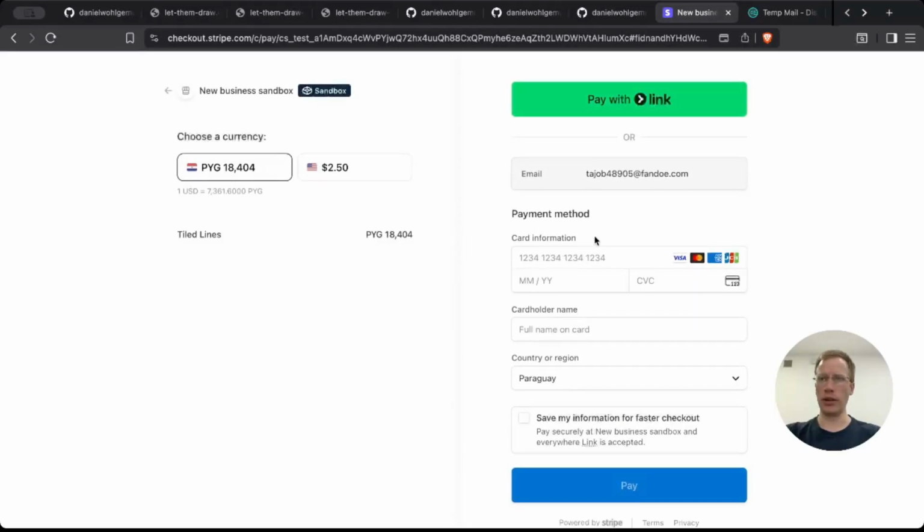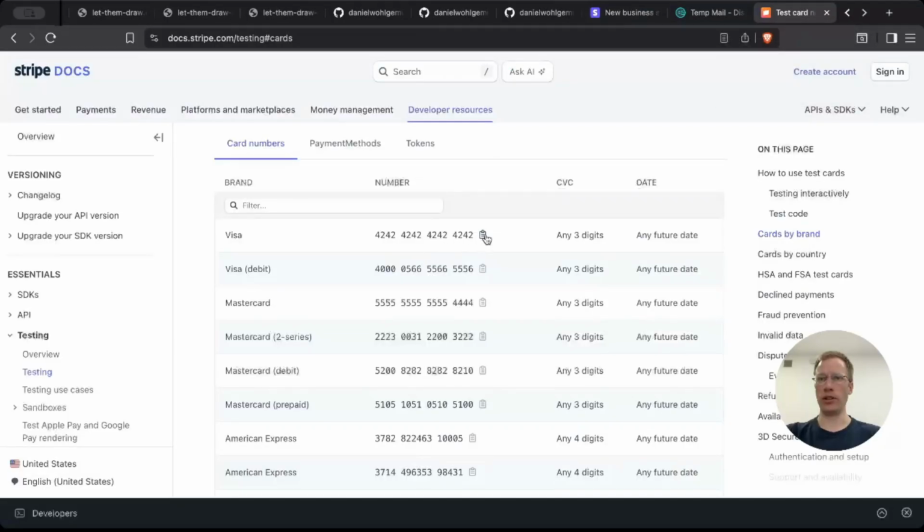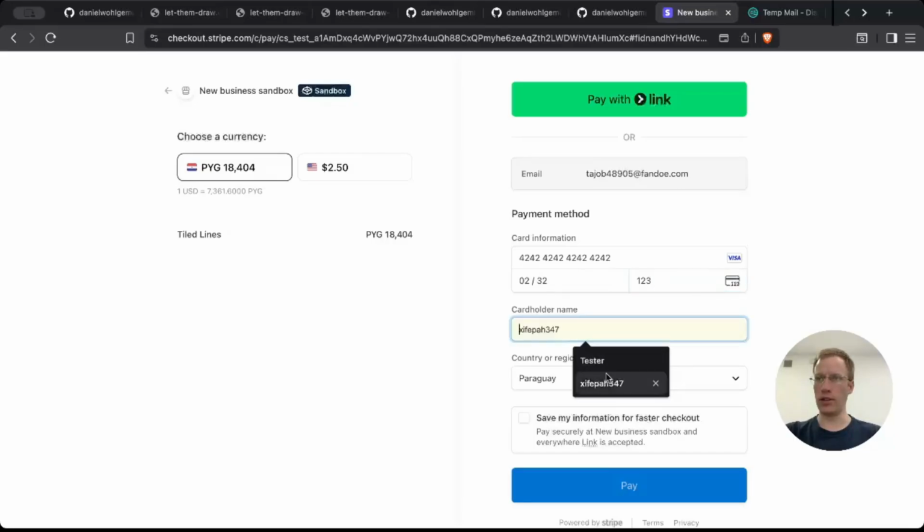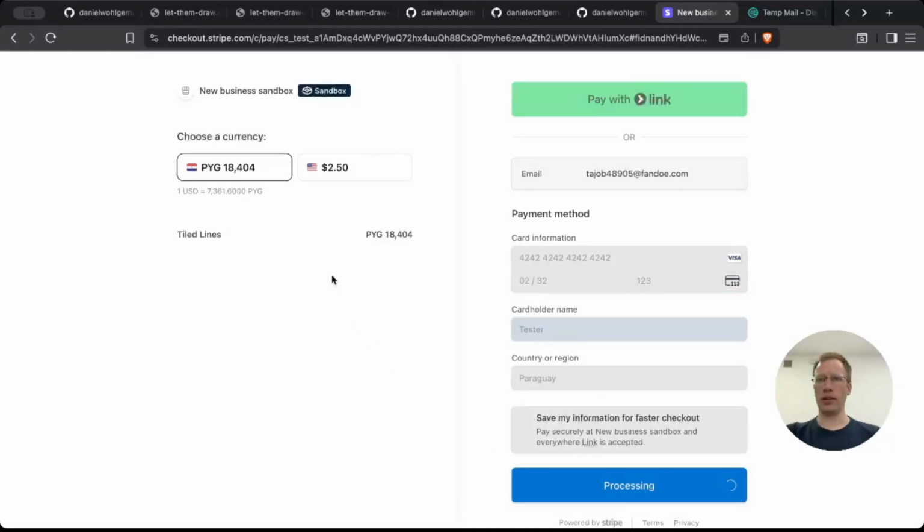So here we enter our credit card, and we can use any credit card test number from the Stripe documentation. So if we enter that, enter a future date, any verification number, and with that,